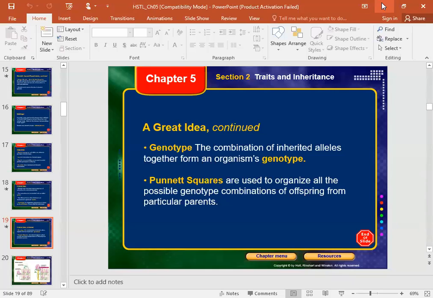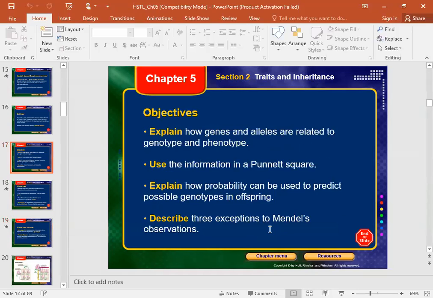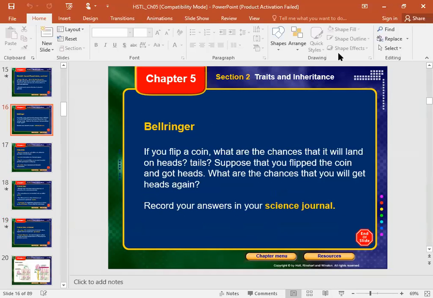So he called the trait that appears in the first generation the dominant trait, the trait which is strong enough to hide the other form, while the hidden form he called the recessive trait. We agree about this, guys? Is it clear, guys? Yes. So today, inshallah, we're going to move to chapter 5, section 2, in which we are